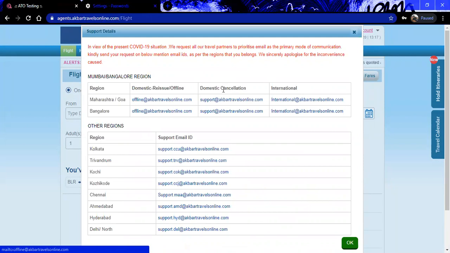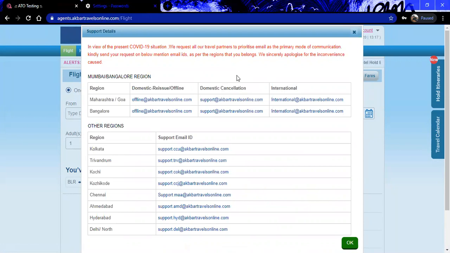As of now it is COVID-19, so we are showing the details accordingly, which will help the agent get in touch with the region-wise support team. This information will change according to the situation, or any important notices will be uploaded on this board. This is a one-shot view.